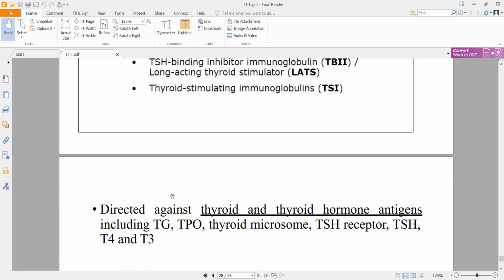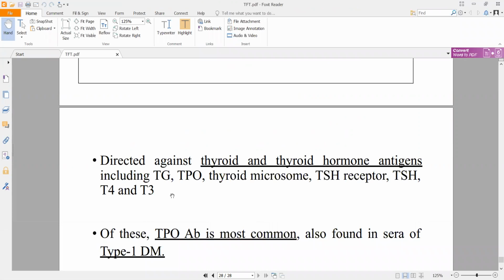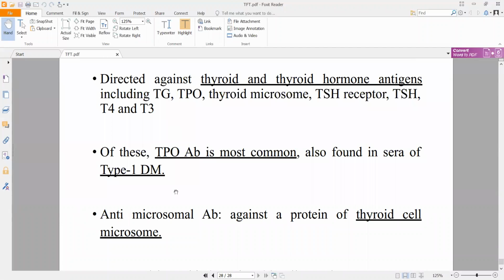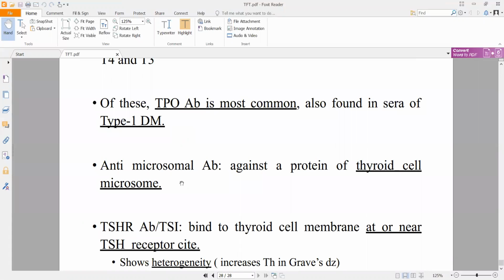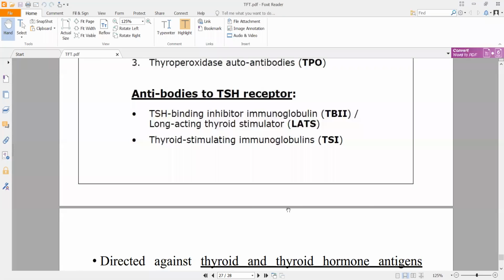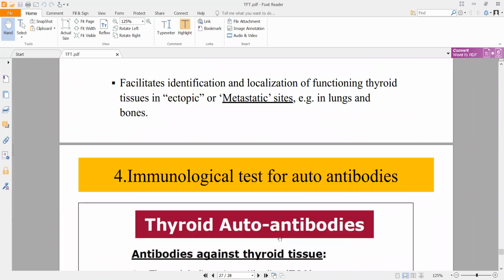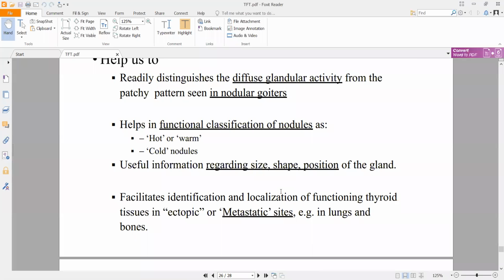You will get into that when you get into immunity, but this is about TFT. This is also a little bit, but it is not exactly that important. Among the different other thyroid tests, the top ones are the main ones. Up to here, I hope you understood this part. This will complete your TFT, thyroid function test.